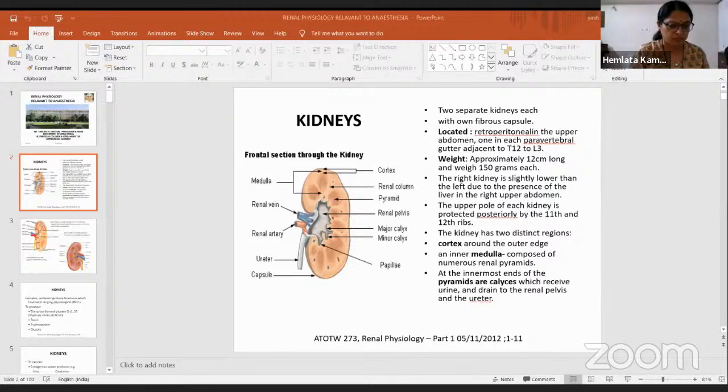Now coming to the juxtaglomerular apparatus, it is the final part of the ascending limb of the loop of Henle. It is mainly in the cortex region, and it has an afferent and efferent arteriole of its own at the glomerulus. This contains the macula densa, which is a specialized cell, and this is in the distal